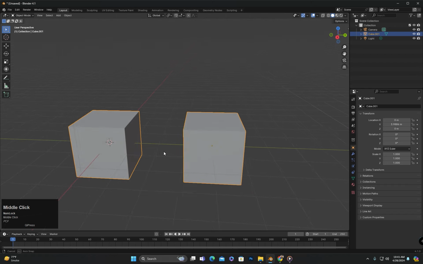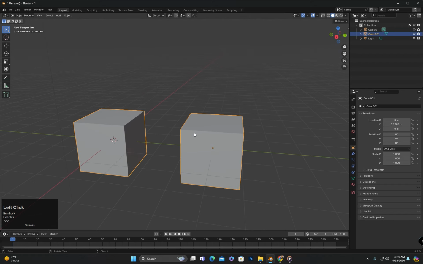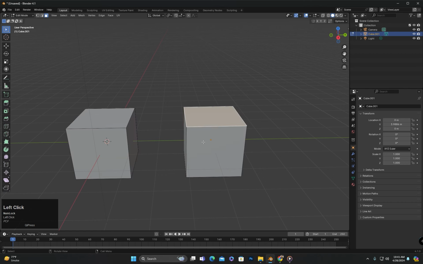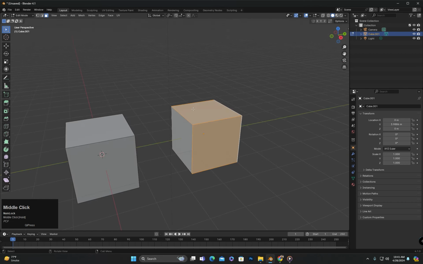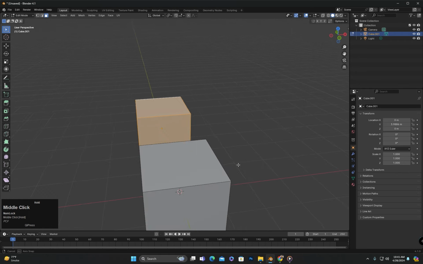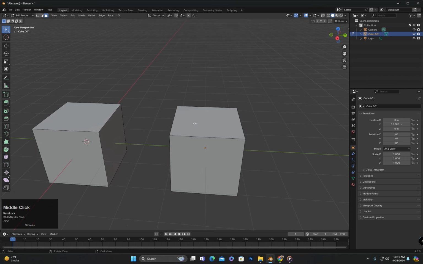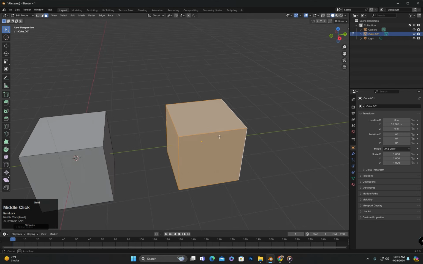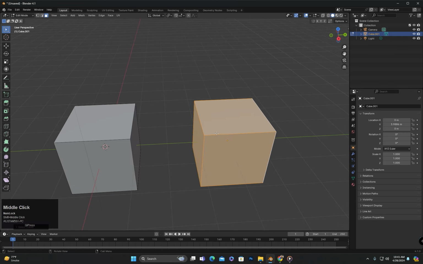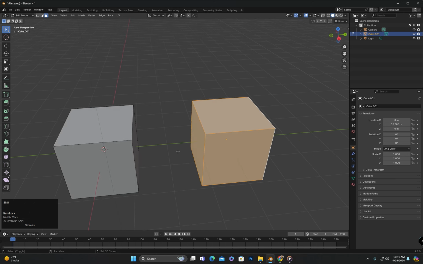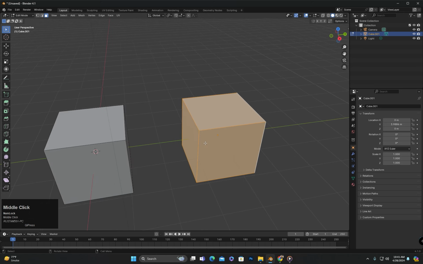Now if I want to separate this cube from this object and create a separate object, I will select this entire cube. Here I will show you another way to select a part if we have joined objects but a part is not merged with another object. We can move our mouse cursor over that part and press the L key. Then that entire part will be selected. If I hover my mouse cursor over this part and press L, this part will also be completely selected. Let me undo that by pressing Ctrl plus Z to deselect it.